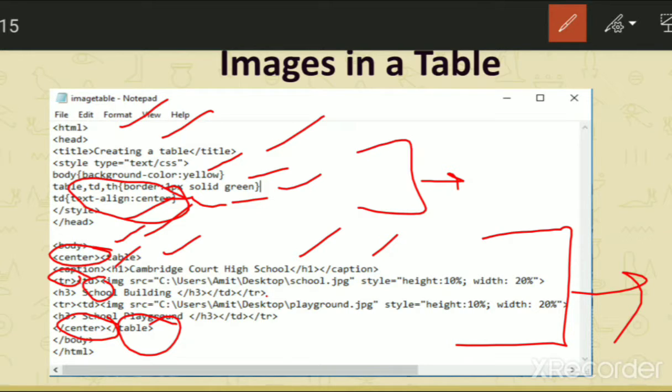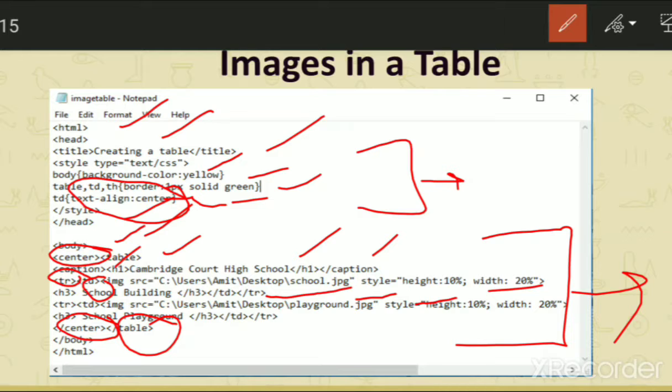After defining the source we have used the style attribute, which is the inline method of applying the CSS. Here we have included that the height of the image should be 10% and the width of the image should be 20%.